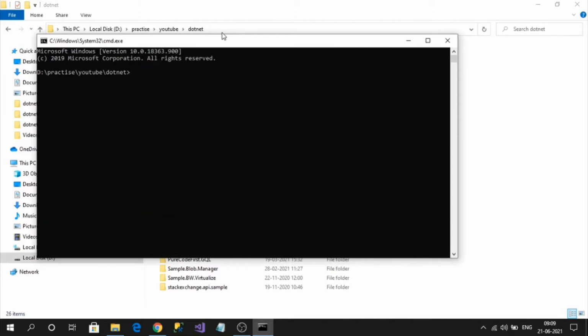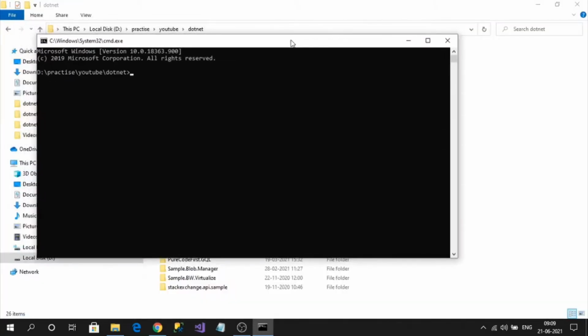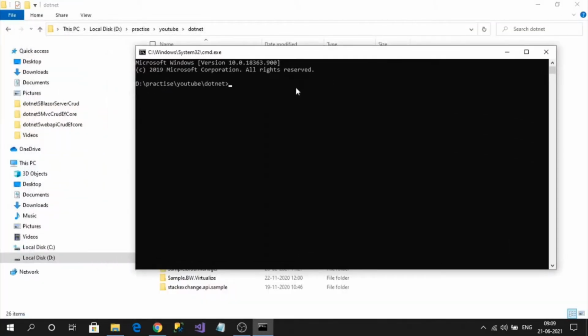And if you are using Visual Studio 2019, you must use the latest version, because only that version supports .NET 5 applications; previous versions are not compatible with building .NET 5 applications. So let me create the .NET 5 Blazor server application.